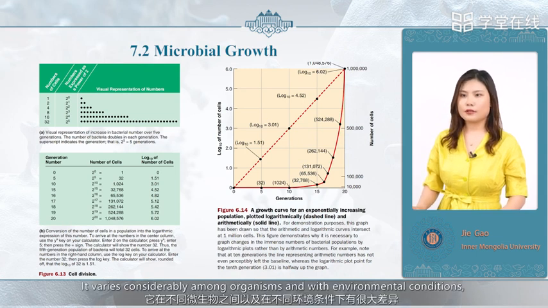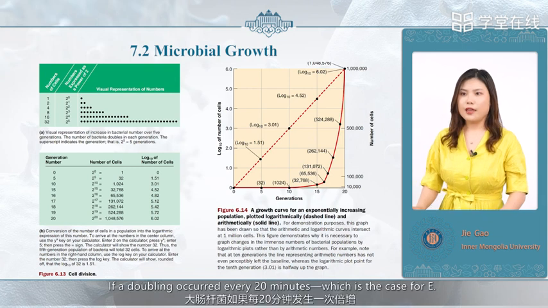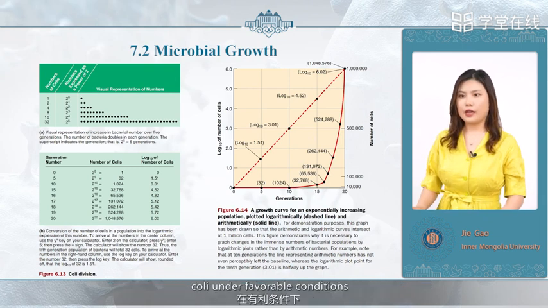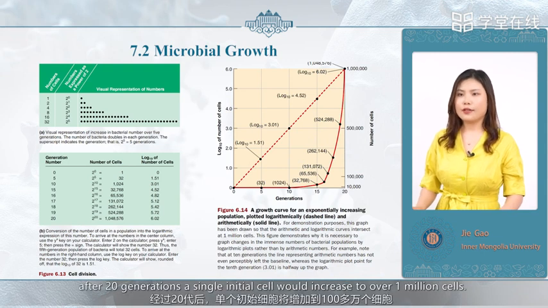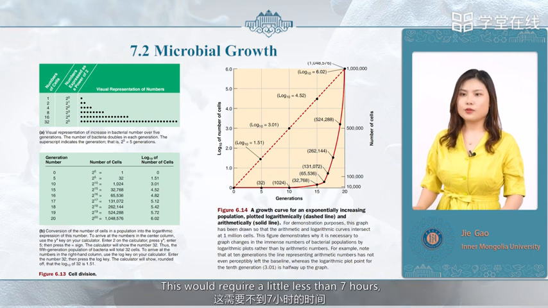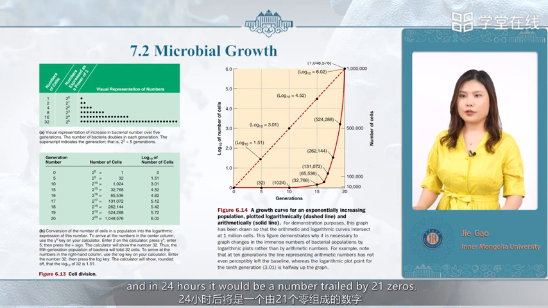The time required for a cell to divide or double is called the generation time. It varies considerably among organisms and with environmental conditions, such as temperature. If a doubling occurred every 20 minutes, which is the case for E. coli under favorable conditions, after 20 generations, a single initial cell would increase to over 1 million cells. This would require a little less than 7 hours, and in 24 hours, it would be a number trailed by